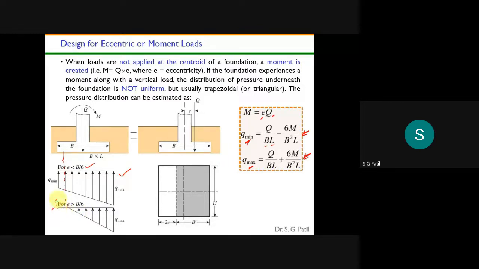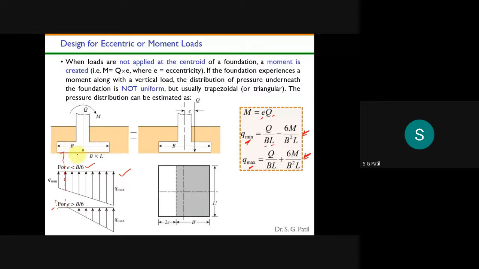Okay, so whenever you are getting negative stresses, then you have to change the dimension of your footing. Okay, so that is like a check for you. Okay, so if it is exactly 0, then it's fine. Okay, so that means it is just in contact, but it is not lifted off in the